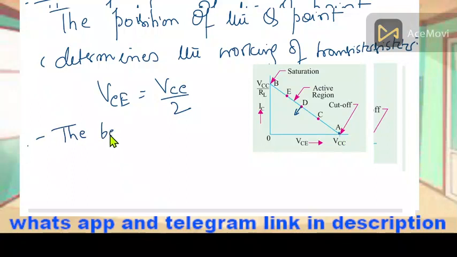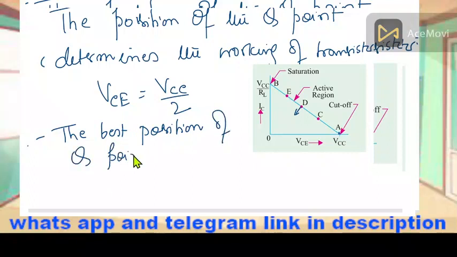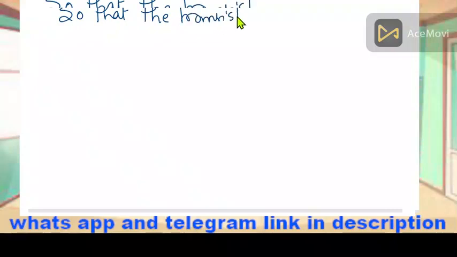So the best position of Q point, so that the transistor acts as an amplifier,